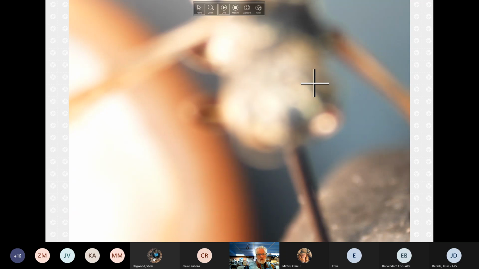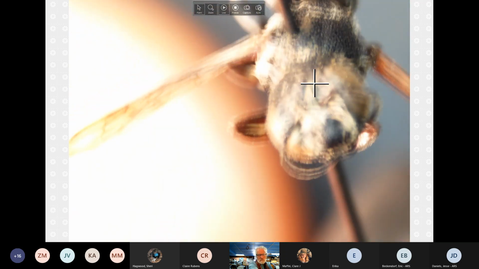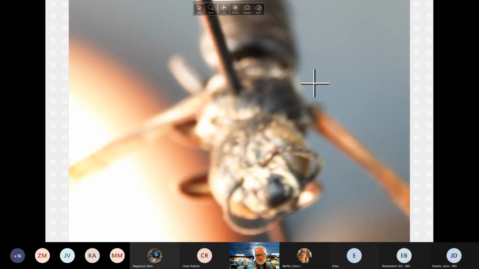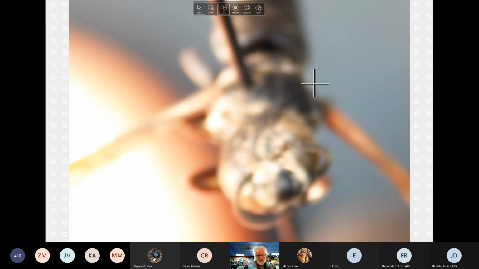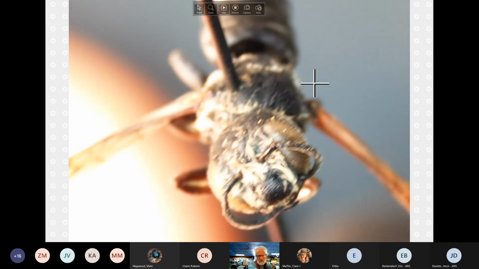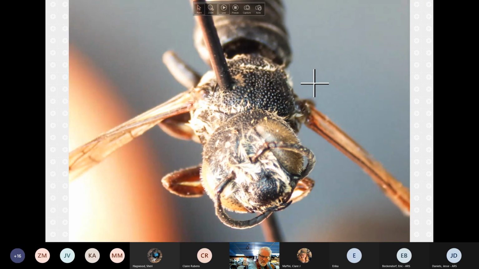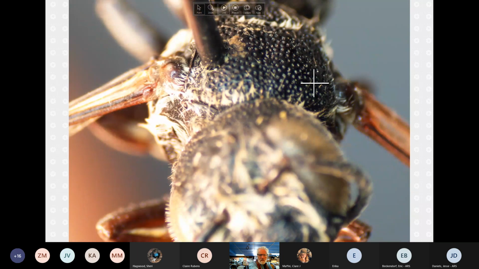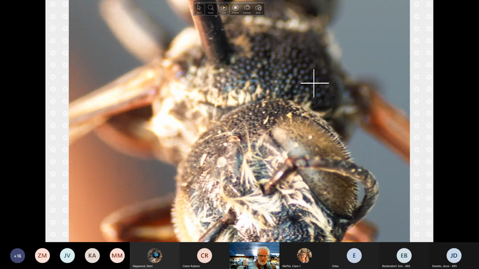Just feel like we got a lot of lag. So I overshoot the focus. All right, so we're going to the middle ocellus,